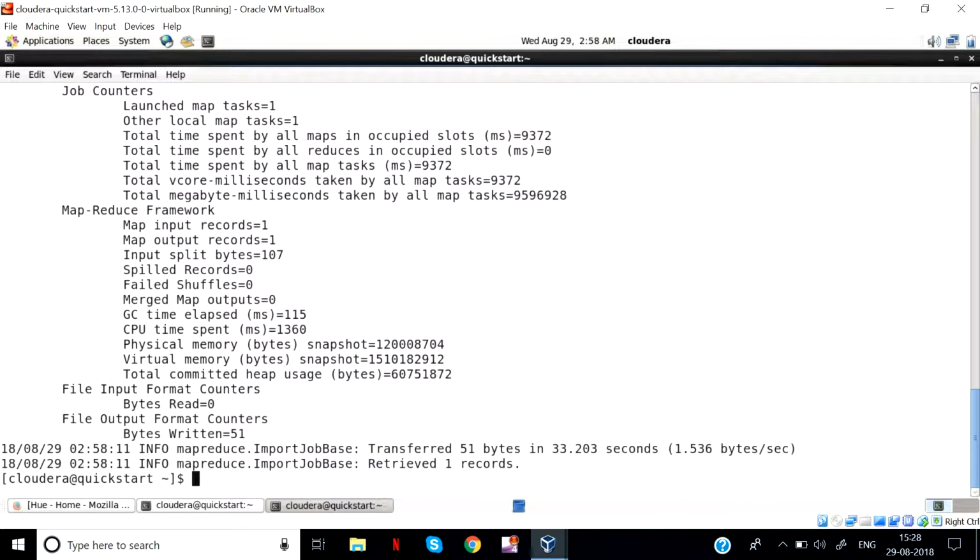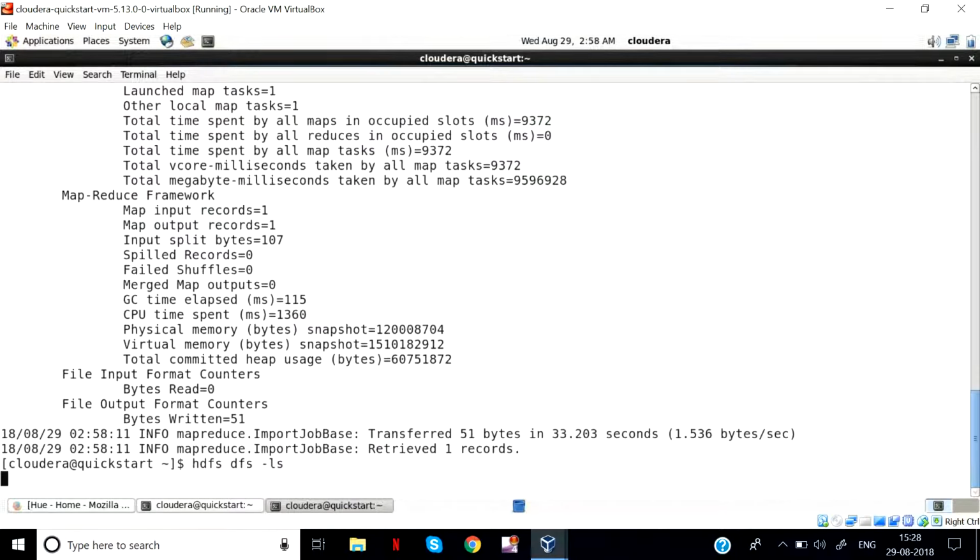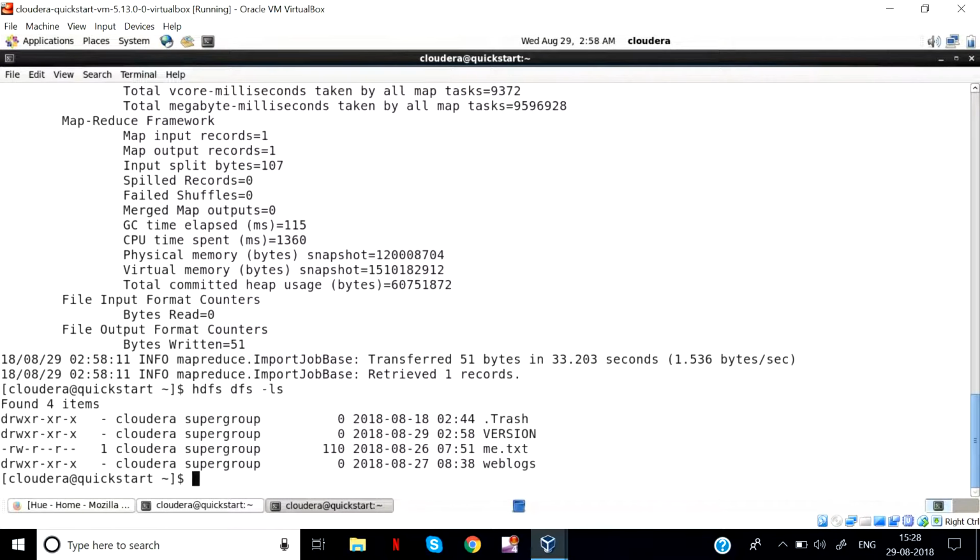Alright, so you can see we have successfully transferred one file, retrieved one record. If I want to see that record, we can use simple Linux commands, hdfs dfs -ls. This is the list command of all the files present in my HDFS now. So I have version now. You can see the version file is there now. And if I want